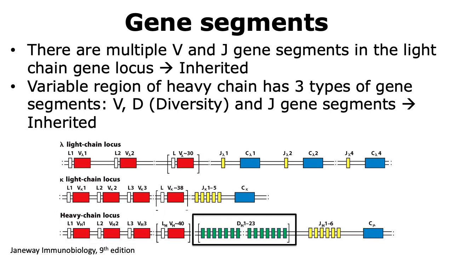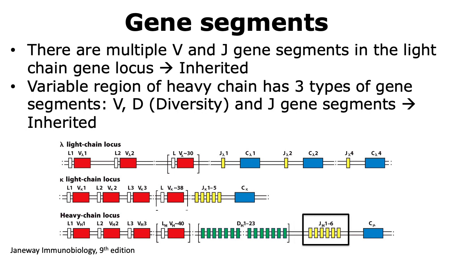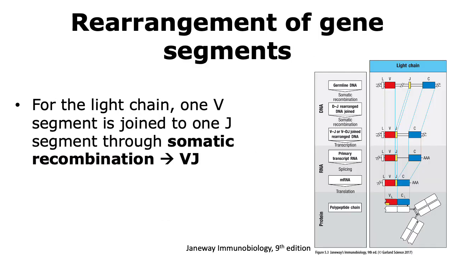But we also have the D gene segments, which stand for the diversity gene segments. The diversity gene segments are not present in the light chain locus. There can be anywhere from 1 to 23 D gene segments, and this depends on the person. In the heavy chain locus, the J gene segments are also present, and there can be anywhere from 1 to 6 J gene segments. The gene segments that are present in the light chain have to be rearranged in such